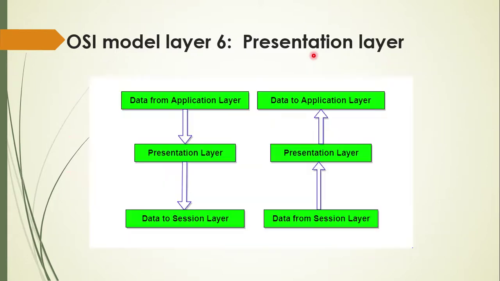Now see here, the data is coming from the application layer and is sent to the presentation layer. At the presentation layer, data encryption is performed. Then we send it to the session layer, the transport layer, the network layer, the data link layer, and the physical layer, and on the reverse side we get the data over here. So if we perform encryption over here, we have to decrypt the data over here. That is the functionality of the presentation layer.